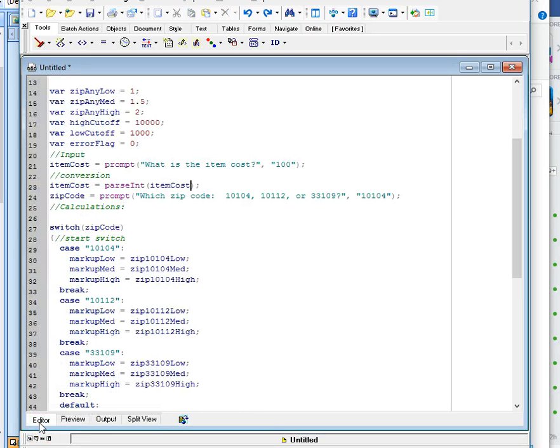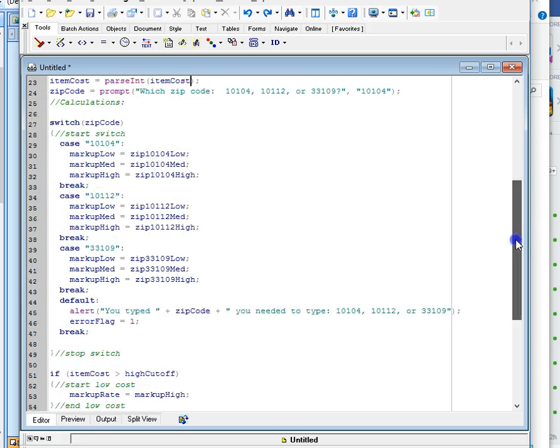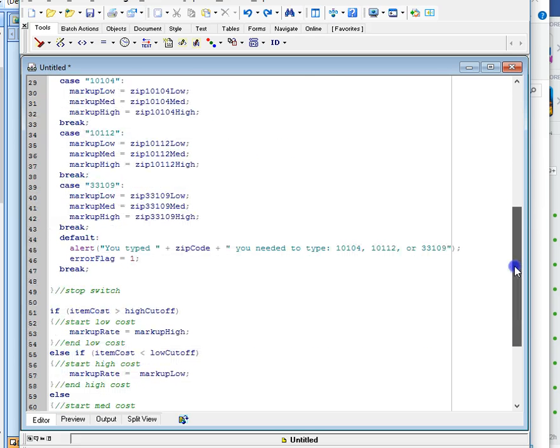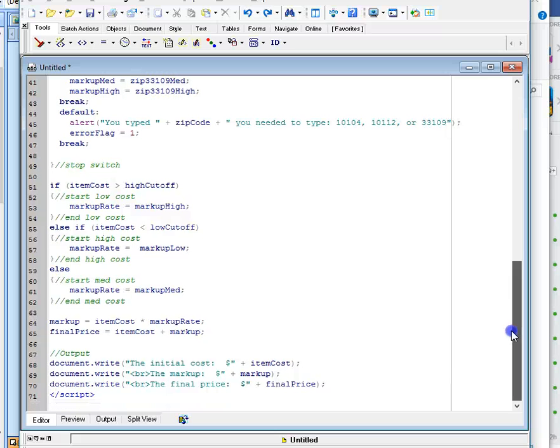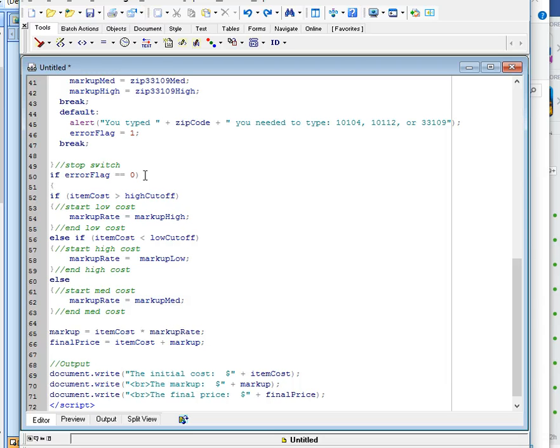So what I have to do is say, well, if the error flag is 0, do everything else. But just like we did in our flow chart, if it turns to 1, we don't want to do all this stuff. So we're going to have, right after our switch, a new if. We're going to say that if error flag equals, let's use our copy and paste. So if the error flag is equal to 0, which is the default value. Now remember, equal, you have to make that equal or it'll always be true. And then I'm going to add my brace and say